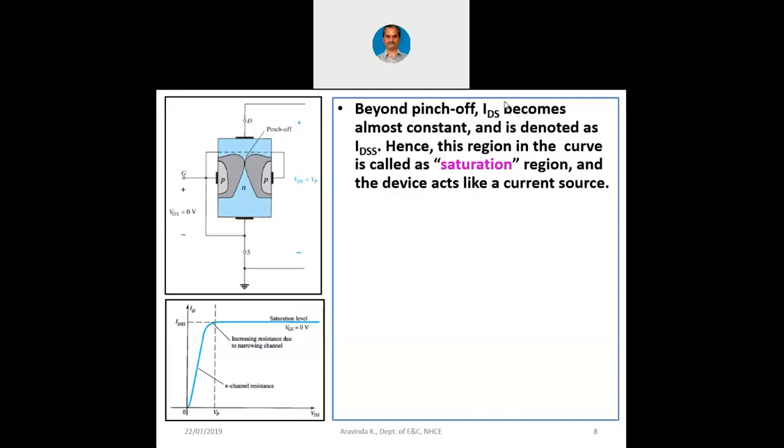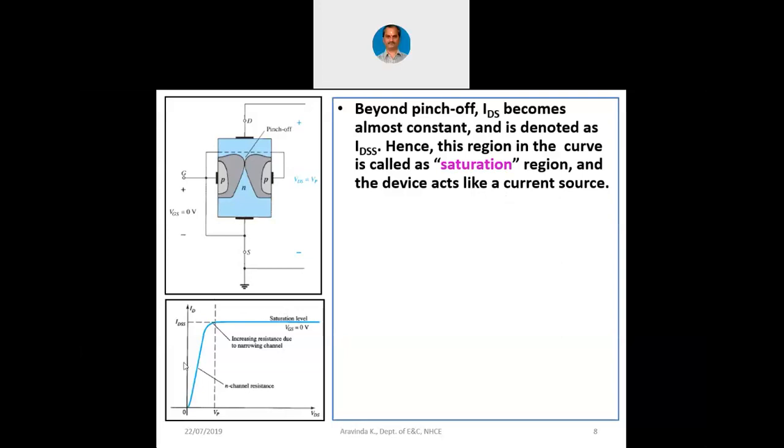Okay, anyway, Sayan is telling that the lowest region is the cutoff region. Correct. Where is the saturation region? The lowest region is cutoff. That is fine. But where is saturation? It is on the left hand side, the extreme left side of the graph. The extreme left side of the graph is saturation, and the lower side is cutoff, and the upper side is active in case of BJT. This was in case of BJT.